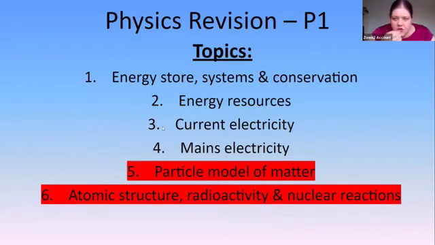We have current electricity, which was current, series, V equals IR, all those sort of bits that Mr. Collins did. Then we've got mains electricity, which was what I did last week, which was the plug, alternating and direct current, bits of the plug, the national grid, and then a few other equations. Trying to remember it all off the top of my head. You can see I need to go away and revise it.